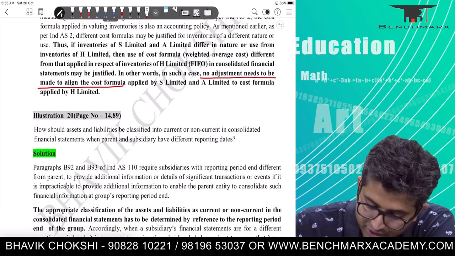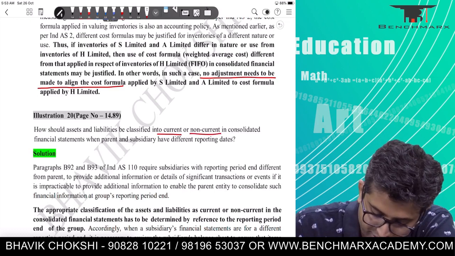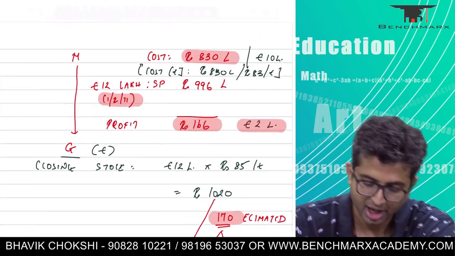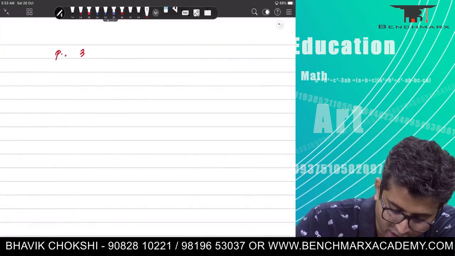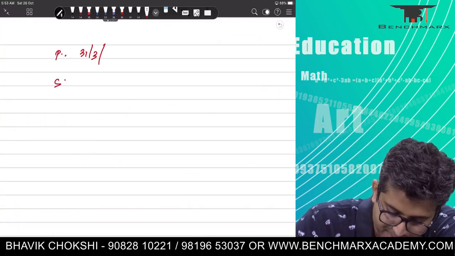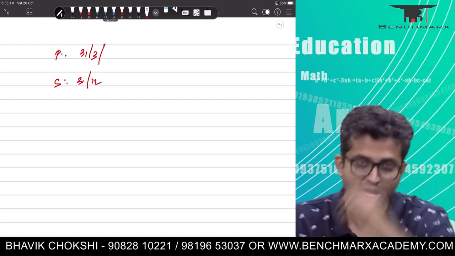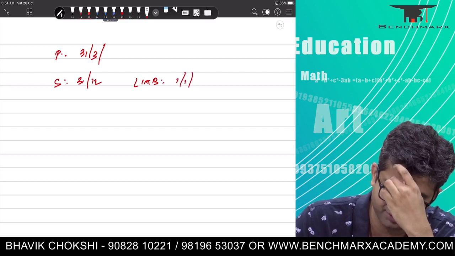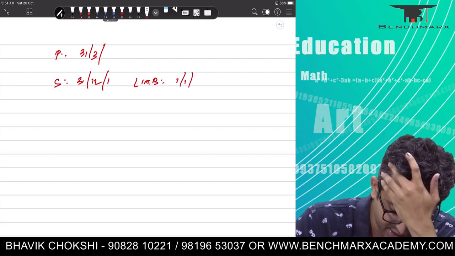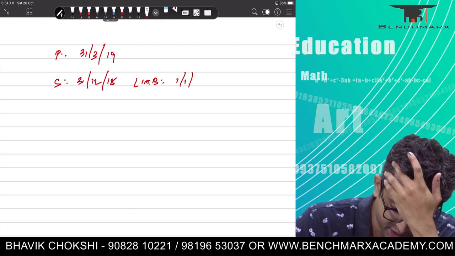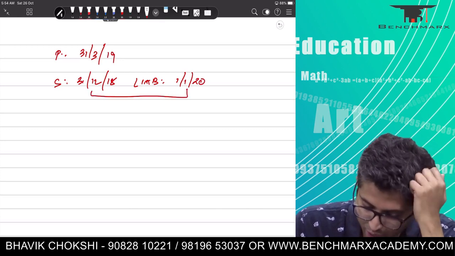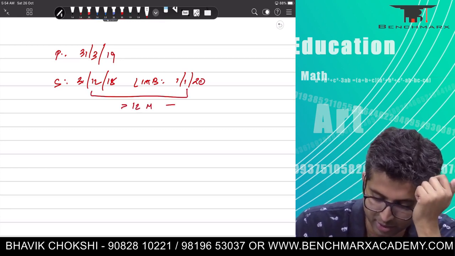Second, how should assets and liabilities be classified into current or non-current in consolidated statements when a parent and subsidiary have different reporting dates? Now this is interesting. Let us say your parent has a 31st March year ending, and a subsidiary has a 31st December year ending. Now a liability is payable in the subsidiary's books on 1st of January. Let's say this is 31st December 18, this is 31st March 19. A liability is payable on 1st of January 2020. So the subsidiary will say, well, this takes more than 12 months, and as a result, we will call this